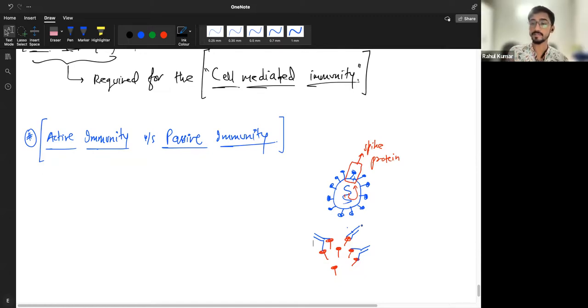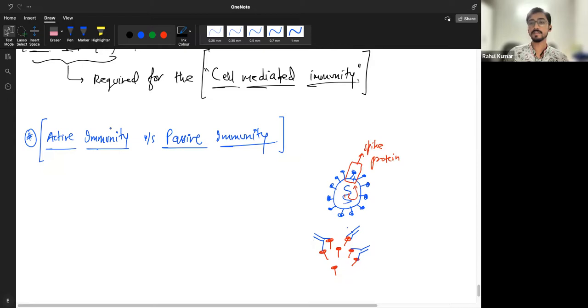You trained your soldiers against a particular enemy before the enemy came, just by showing the photo of the enemy, telling about the characteristics of the enemy, and that how I have to fight this particular enemy, because this enemy has these characteristics. When the enemy comes, you are already prepared. So that's called a false encounter. Vaccination is like generating a false encounter, a pseudo encounter, so that your body can be ready. So that's for active immunity. You have to make antibodies in your body. So for that, you can either send dead pathogen or the RNA for any protein of that pathogen.